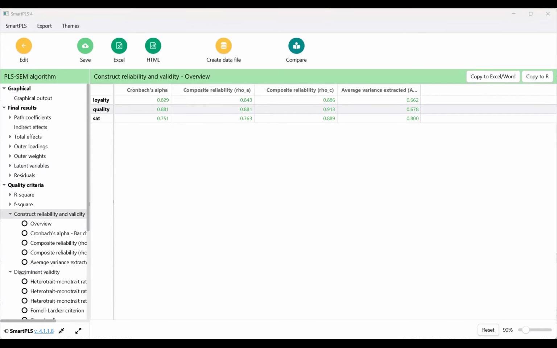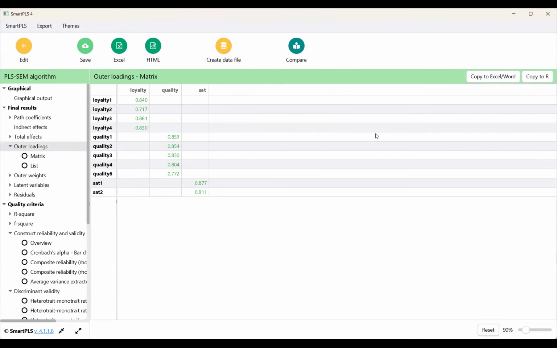We take the HTMT table, copy to Excel, and put it into the Excel file. Importantly, we take the loading. So we copy to Excel and put it into our Excel.